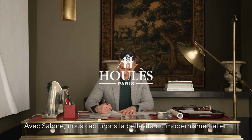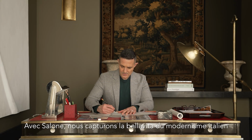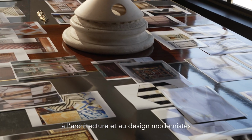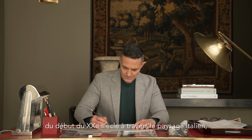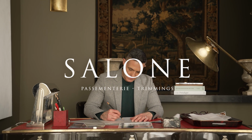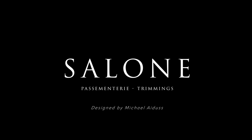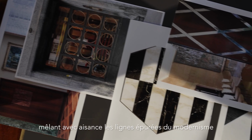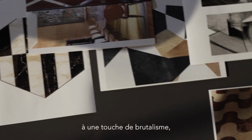With Salone, we capture the bella vita of Italian modernism. The 9 new trims for Aiduss pay tribute to early modernist architecture and design across the Italian landscape, most notably the city of Milan. The collection is delicate yet bold, effortlessly mixing the clean lines of modernism with a dash of brutalism in